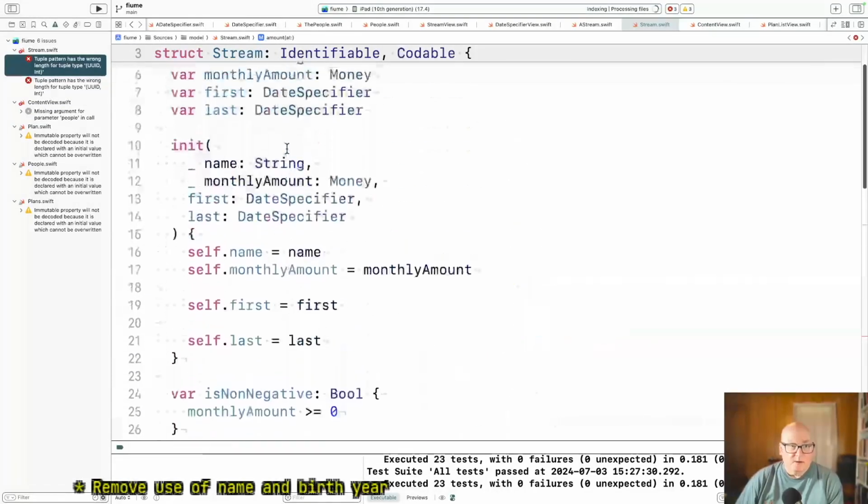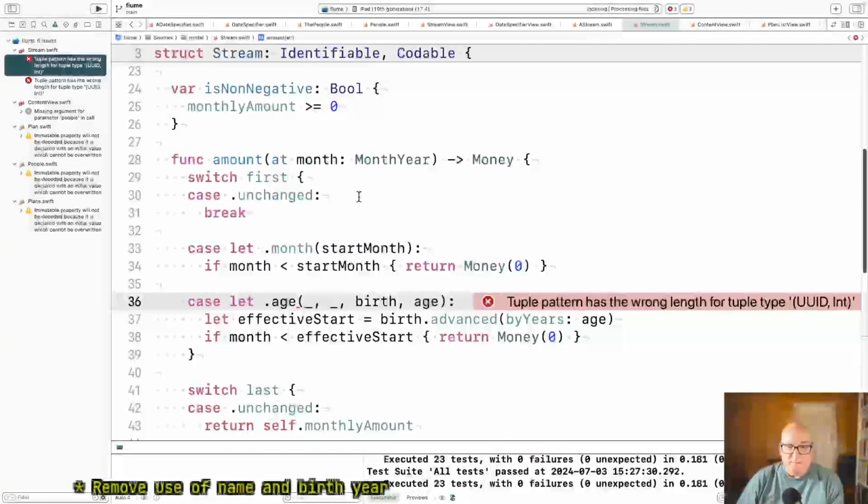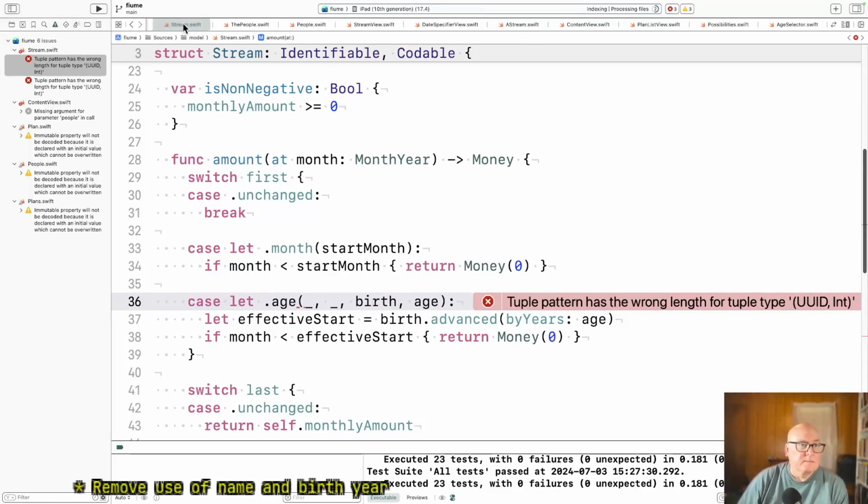Okay, now where's stream going to get this birth date? It's going to come from scenarios. Now, scenarios are ephemeral. All right, let's limit this a bit.